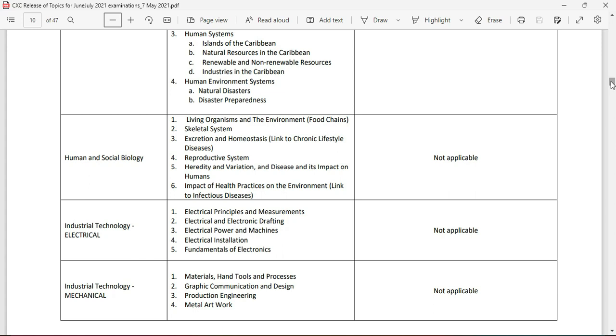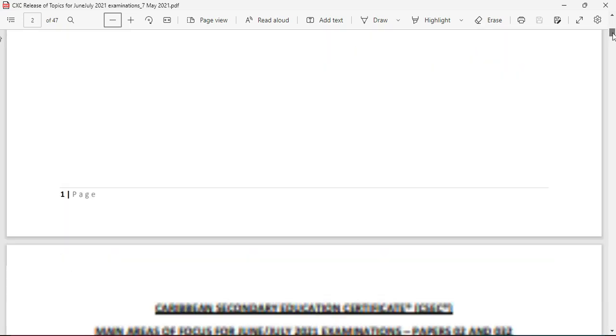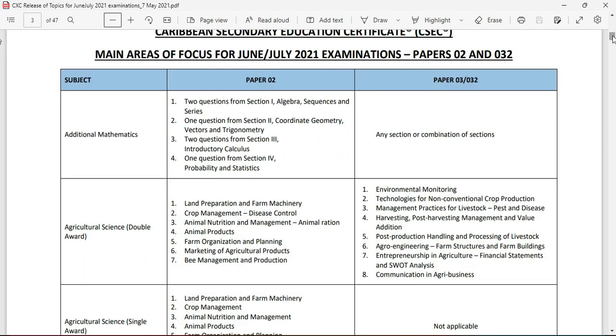Now, a lot of persons, I know from mathematics, there was a big uproar about what actually happened on the paper. I'm just going to go on up to, I think it was probably additional mathematics or mathematics. There was some concern there. So what I'm going to do, I'm not going to be selfish. Just look at biology that was last year. I'm going to be showing you all the exams last year, and of course the broad topics that were given for paper 2 and paper 3.